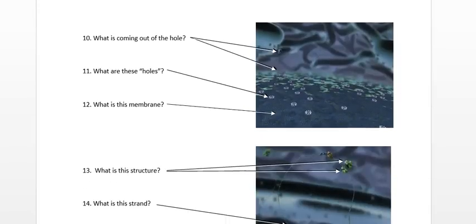All right, let's see. Maybe we'll do one more and then I'll switch to somebody else. So what do you think is coming out of this hole, and what are the holes and all that? mRNA, and the holes are the pores in the nuclear envelope, which is the membrane. Yeah, so you got little messenger RNA molecules that are popping out. They've already been spliced at this point, so they already would have gone through that process where you cleave out the introns, leave the exons, splice them all together to form this nice messenger RNA molecule